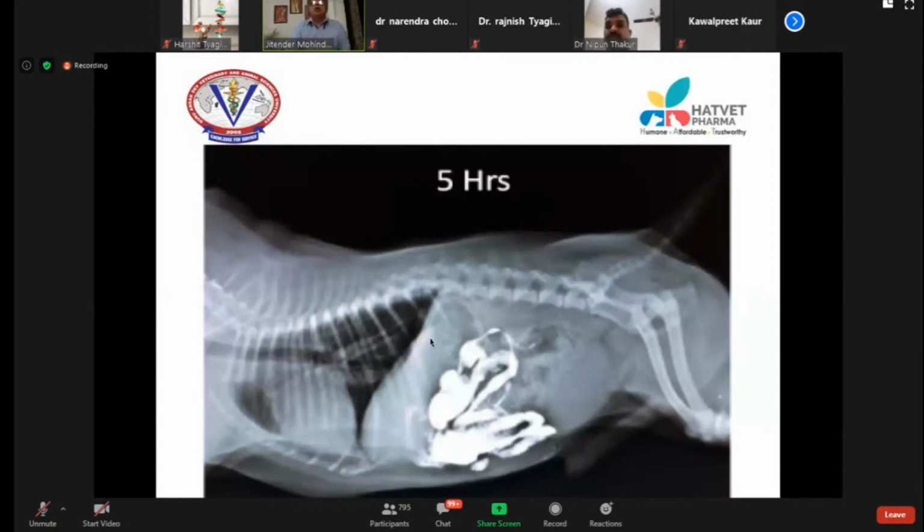So now you have to understand, or you have to practice this, seeing the soft tissue and fat opacities in the radiograph. Gas and bone and metal are very easy to see. Fat and soft tissue is the trick. So you have to practice that again and again in your radiograph. Only then you will start understanding the radiograph.